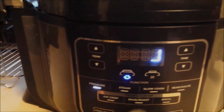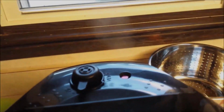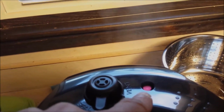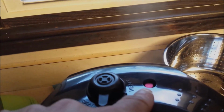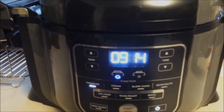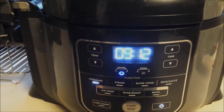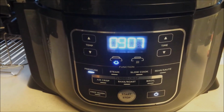So, on the front panel, it's still building up pressure. On the top, the red vent, which is down, so that means it's not sealed, and it's venting steam. And I'm sure you can see the steam coming up. Alright, the countdown clock has finally started, so the pressure's built up, and we're starting to cook the